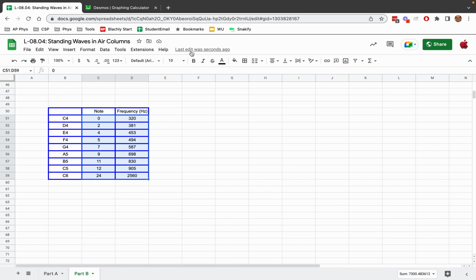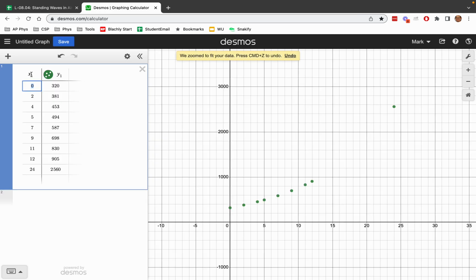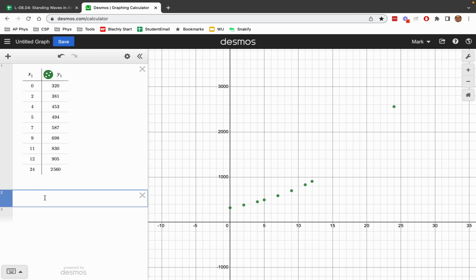All right, so once you've copied the data, you're going to go to a new window for Desmos. And over here, if you simply paste that data, it'll put it into a column for x and for y. And it'll plot the data over here, okay? So now what we are going to do is try to find an exponential function of this form: y equals a times 2 to the power of bx. Okay? And we're going to try to figure out what a and b are so that we can make this